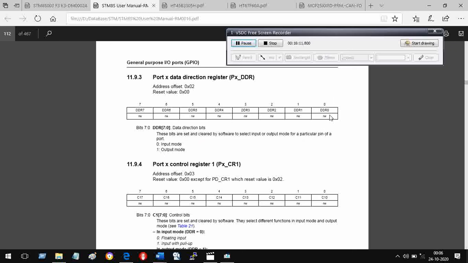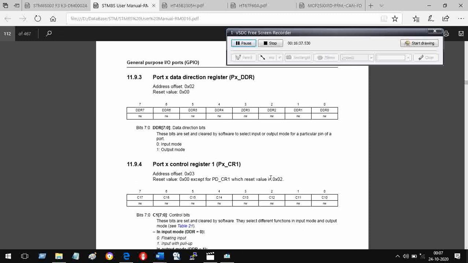For example, if these 4 bits are set to 1 and these 4 bits are set to 0, then these 4 bits will become like this. Look at this. Okay? We will take a further look.